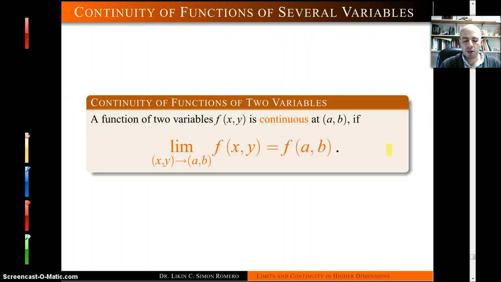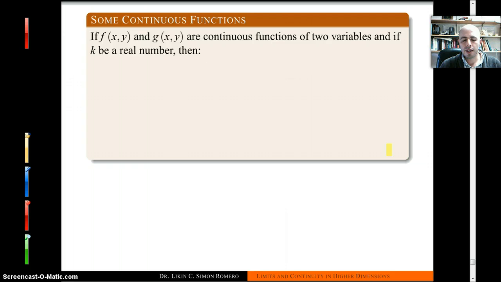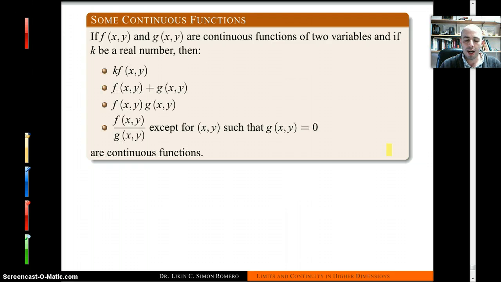Now, the continuity of functions: a function of two variables is continuous if the limit coincides with the function. The thing that we're going to say is if two functions are continuous, then there are a lot of combinations that will create continuous functions. Multiplying by a constant still gives you a continuous function. Adding, multiplying, and dividing continuous functions is going to give you also continuous functions as long as you divide by something that is